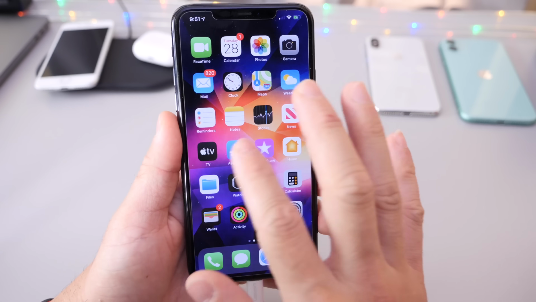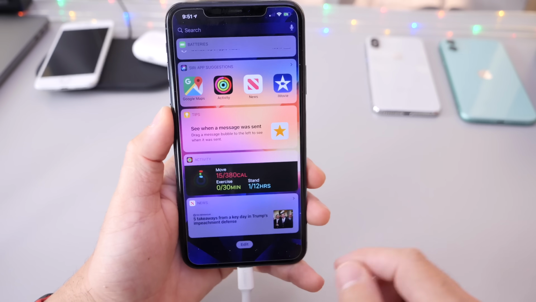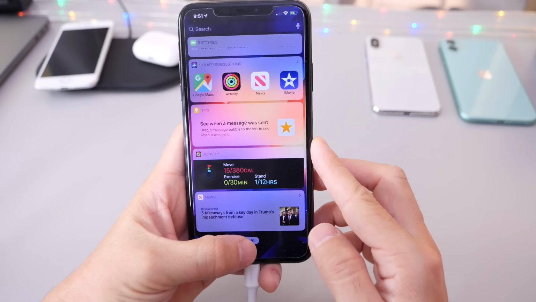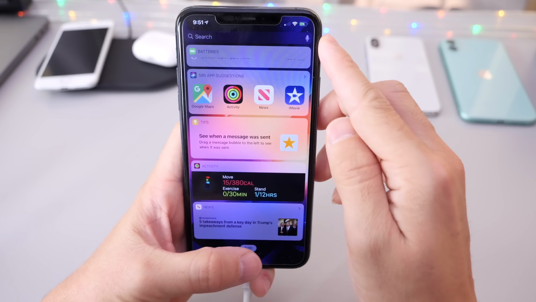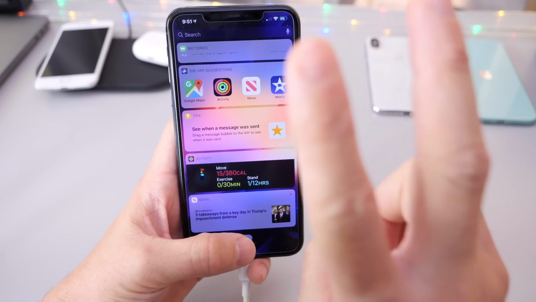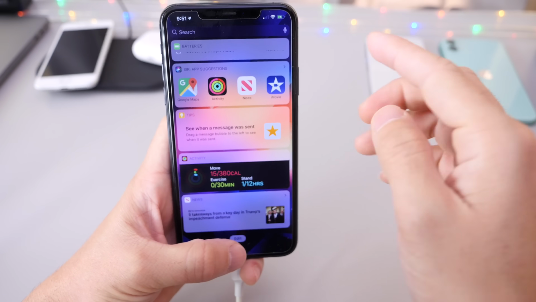Now for this one, the first thing you want to do is head on over to the widget panel here and you want to scroll all the way down until the edit button is visible. Now what you want to do is click on the edit button and the dictation button microphone here on the top at the same time. Now this one usually works after the second try. So let's go ahead and get this one here, the first try, and then we'll do the second try. Here we go.